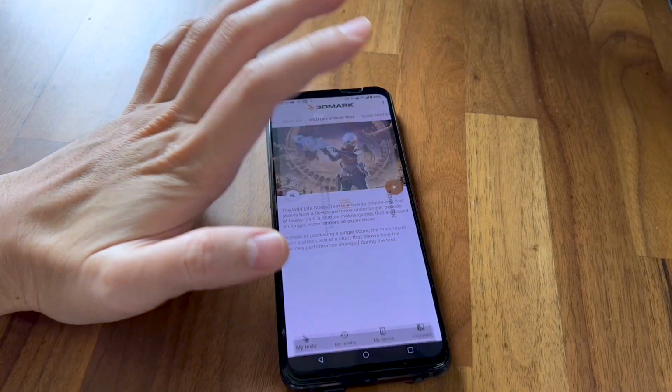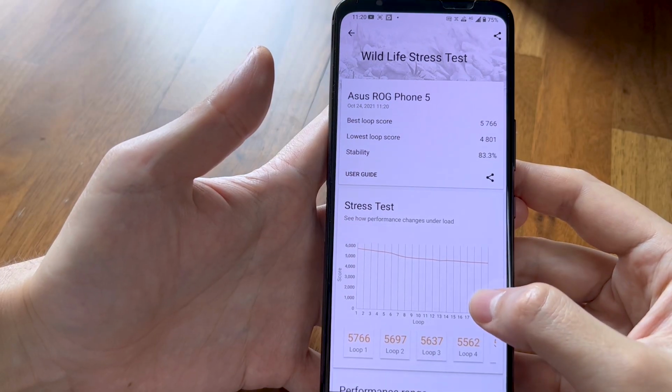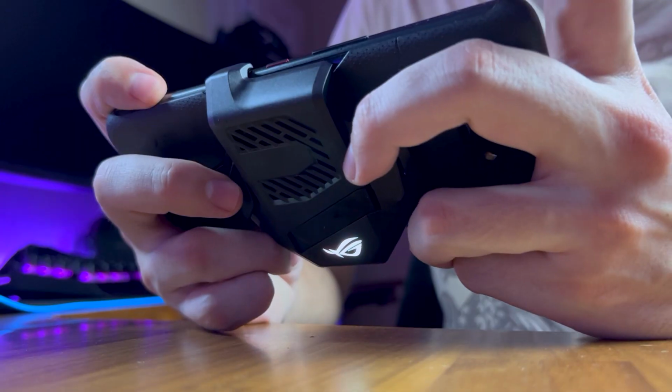Running a few wildlife stress tests, benchmark tests in 3D Mark, the results show that with the AeroActive cooler attached, the phone was able to maintain a slightly higher average frames per second while keeping temps at 3 degrees lower under sustained load. But what I liked about it wasn't the extra FPS or lower temperatures, but instead that it